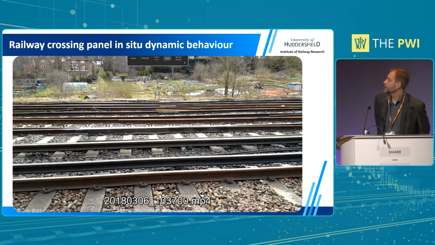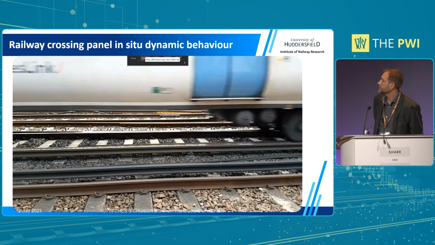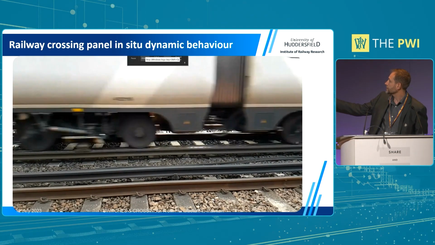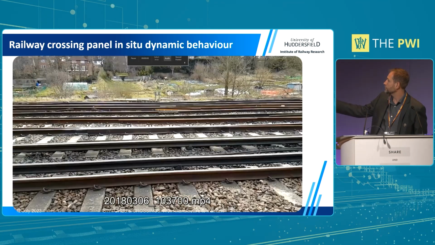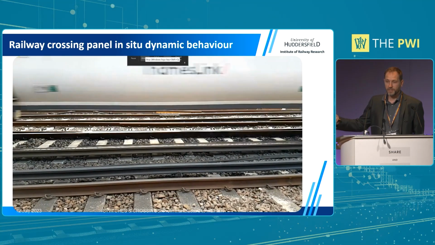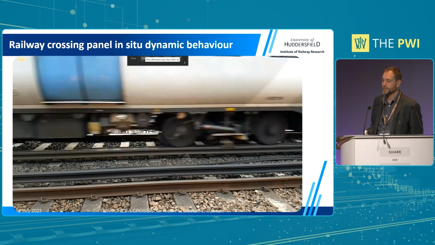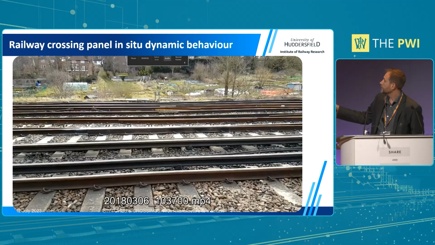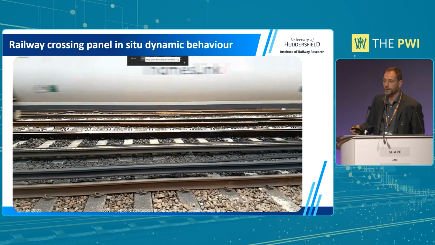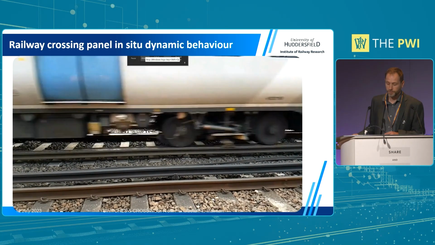First of all, some of the issues that I've been observing since I worked in this area. This is a site where we see a crossing panel, with the crossing right in the middle here, and you can see a lot of vertical movement from all the bearers. The vehicle passing over the crossing creates dynamic loading that will eventually degrade the condition, especially the support of the track. It's not concentrated purely at the wheel-rail load transfer, but you can see in this case there's a lot of voided bearers and a lot of movement that spreads along